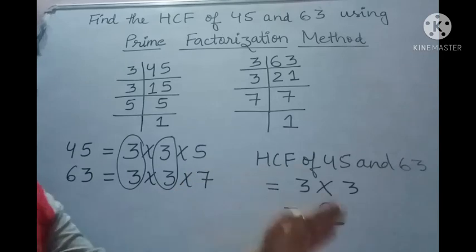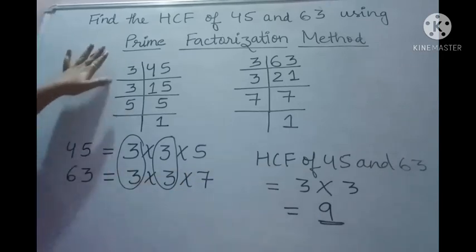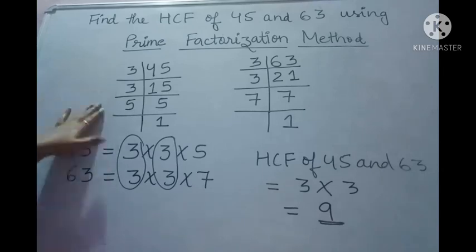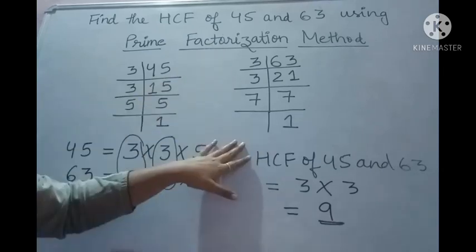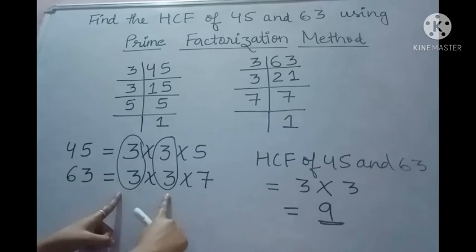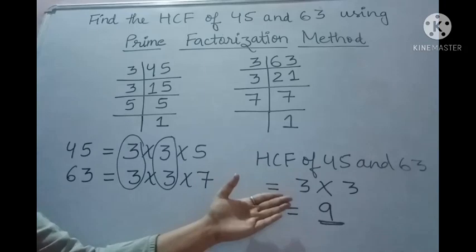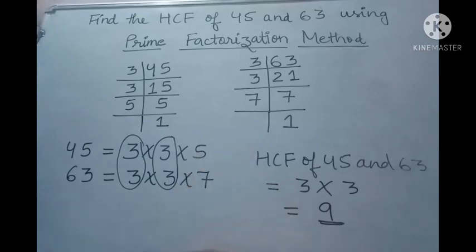So you got the correct answer, because we have already done this HCF with 2 more methods. So this is known as your prime factorization method, which is again easier. You are just finding out the prime factors, writing them together, finding out the other factors and writing them together. Then we are just finding out the common pairs. Take each common pair as one digit and write them in multiplication. You will get your answer. This is your prime factorization method. You can use any numbers in order to use this prime factorization method.